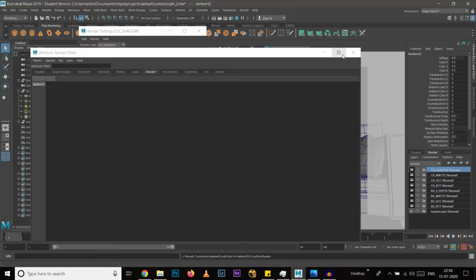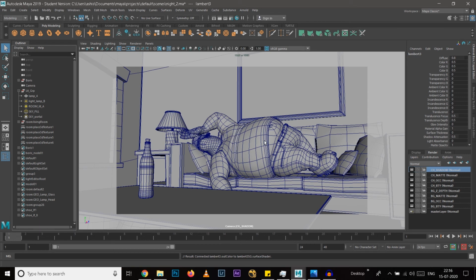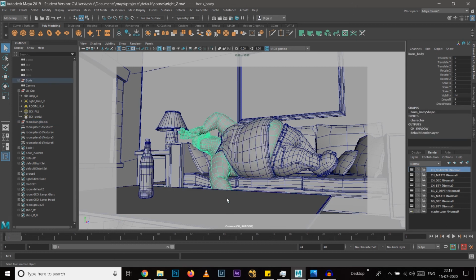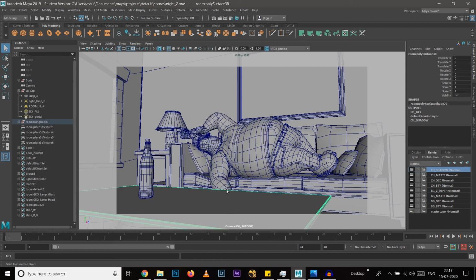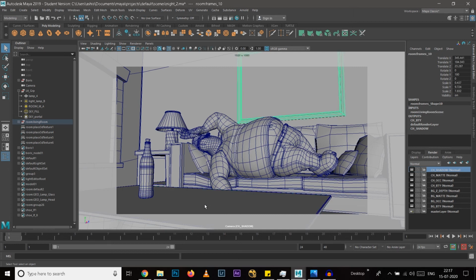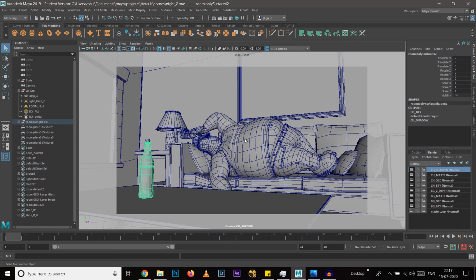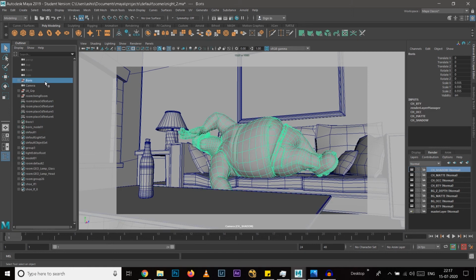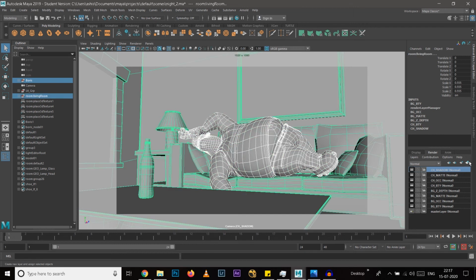After that, there is one more thing that we need to render. This guy's reflection on these objects like this table and this mirror in here. We need the reflection of this particular guy in here. So we will create one more layer, and in that layer only these reflective objects should be visible, and its reflection or refraction should be visible, not this character. Okay, what I'm saying is that first let's create that layer.